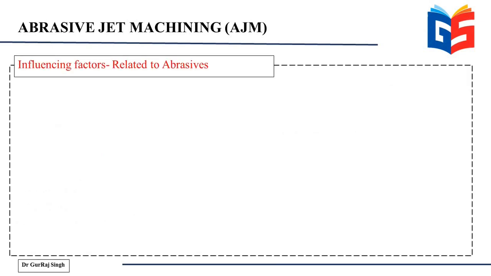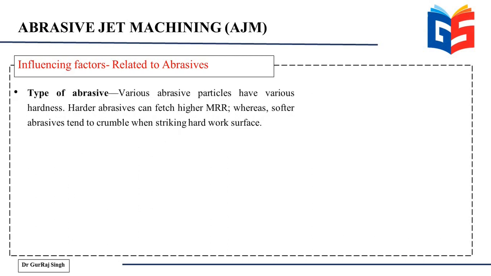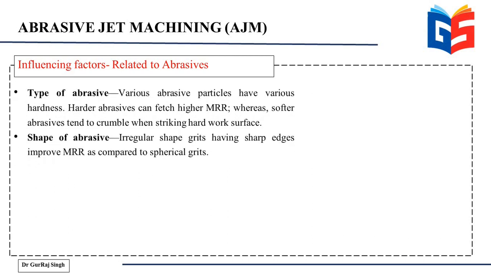So if we take a look at the factors which are related to the abrasives, first of all, and the most important parameter here is the type and the shape of the abrasives. Now this is very important because the type of the abrasive is going to decide the MRR depending upon the hardness. So if your abrasive is very hard, it is going to fetch you a higher MRR, and if it is softer, then the MRR is going to be much lower because it is going to crumble when it strikes